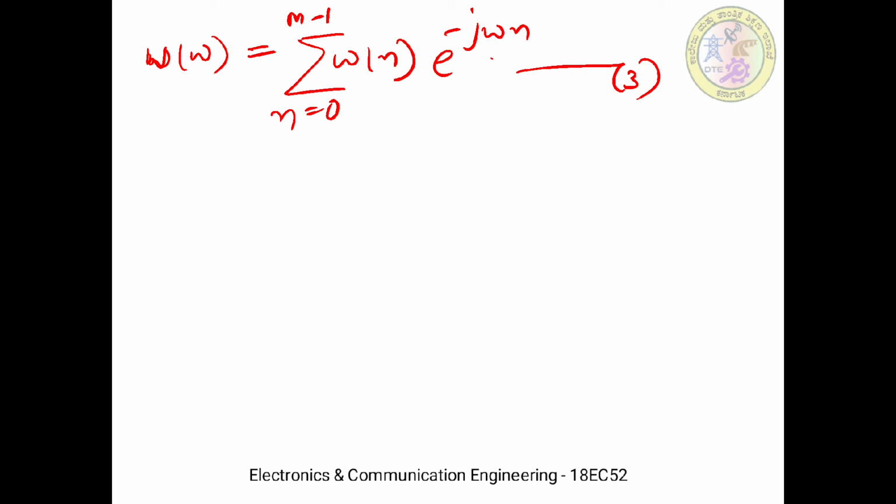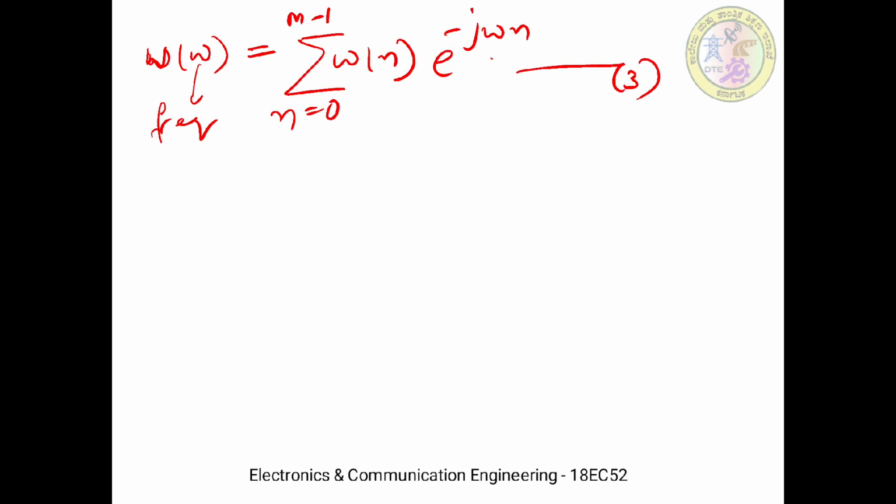So earlier we had considered a window function. What was that? w of n. So w of n value is equal to 1 for the specified range and its value will be equal to 0 in the other range. So now if we consider the frequency domain representation of such a function, we will have to take the Fourier transform of the w of n sequence. That's why the Fourier transform is now represented by w of omega, indicating that it is a frequency term.